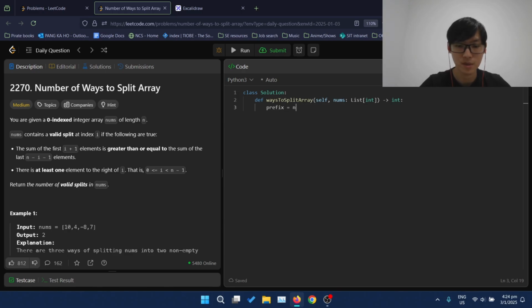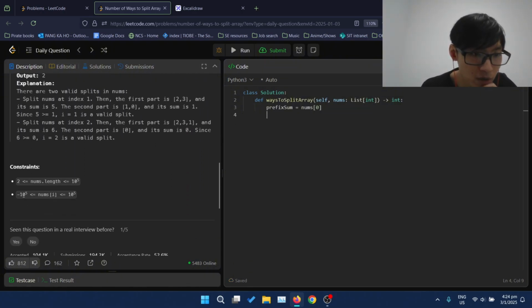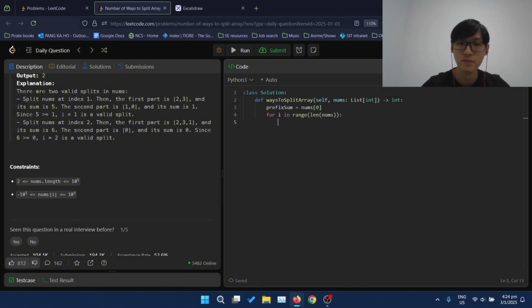Initially the prefix sum starts with nums of 0. Are we guaranteed to have at least one element, or at least two? Okay, fine. So for i in range of length of nums, starting from index 1, prefix sum append prefix sum of -1 plus nums of i. And from here, for i in range till length of nums minus 1,